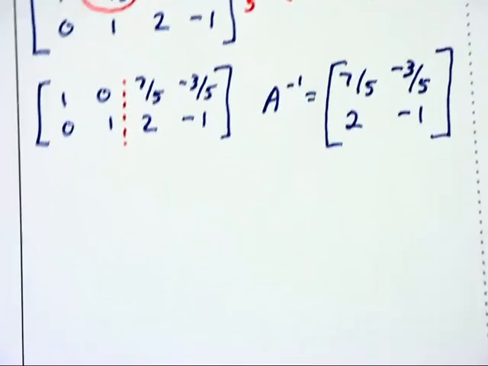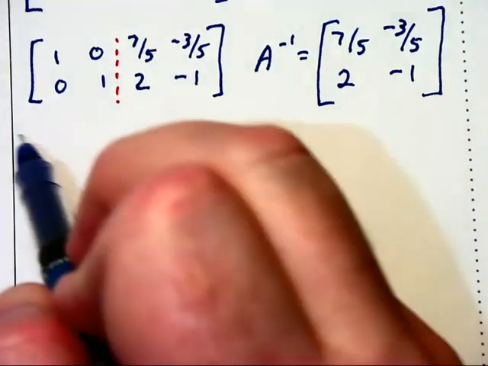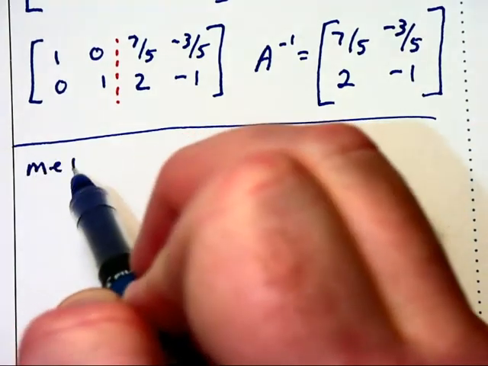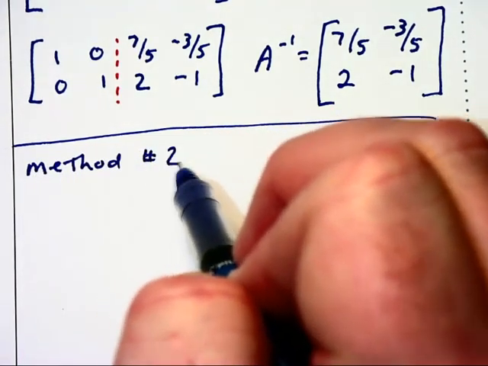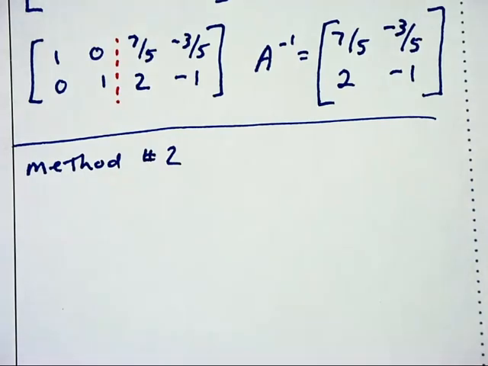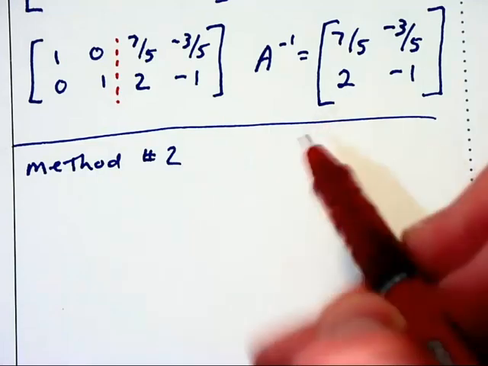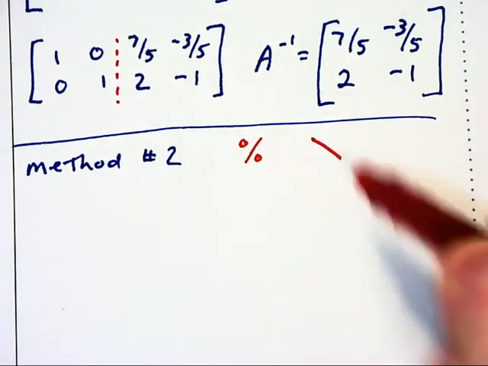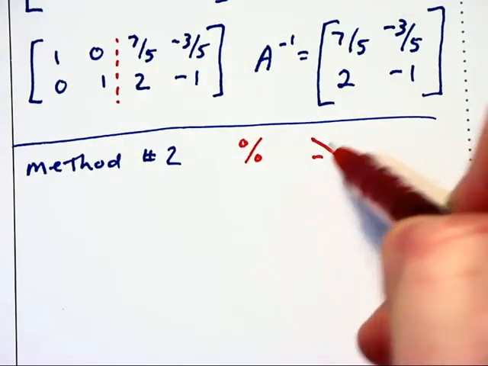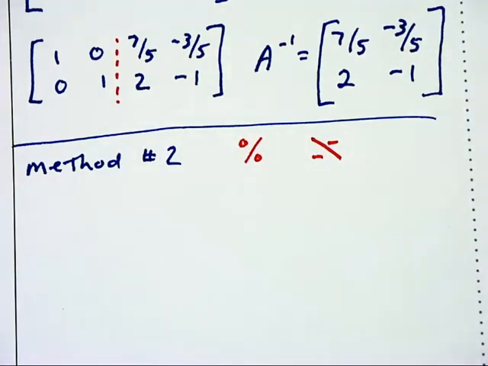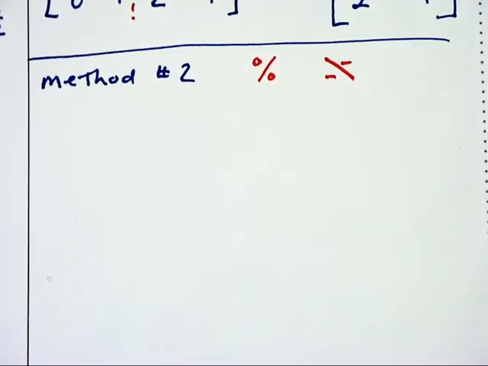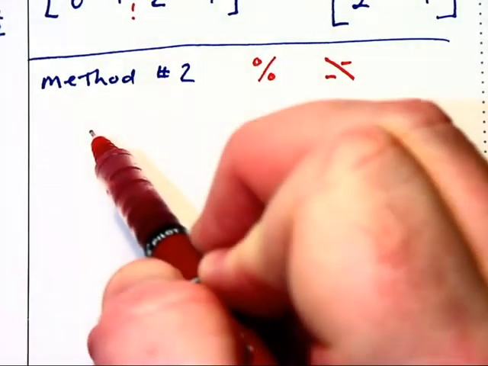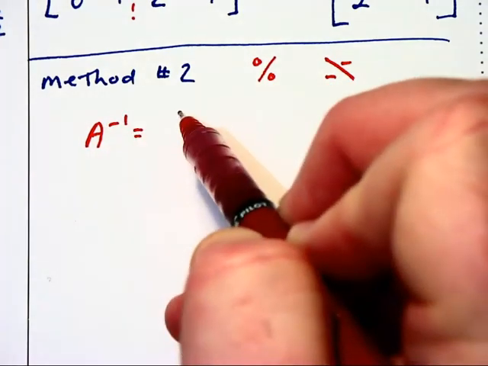Now that's method number one, and it's a little bit tedious. Now let me show you method number two, and it uses determinants, which is something we're not going to learn until the next section, but I'm going to go with it anyways here. Here's my memory technique. I know that the percent sign looks like this. I change it to a backward slash instead, and I put minuses in the other two positions where those little zeros were. And my shortcut method says, and this only works for 2 by 2s,